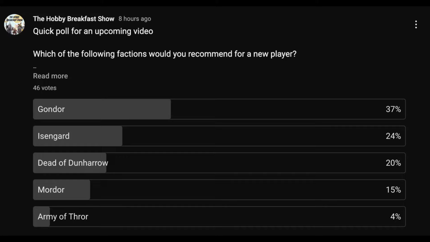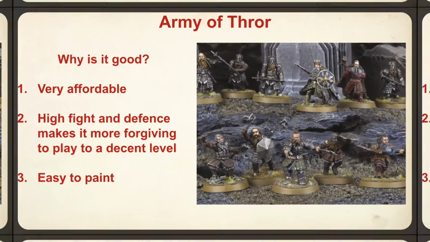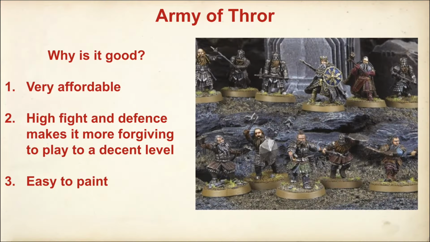So first and foremost, we're going to look at the Army of Thror, and this is going to be my sort of number 5 recommendation. Why is it good? It is one of the most affordable armies out there. All of your troops, including your quite elite Grim Hammers or the Kingsguard if you upgrade them, come in a nice plastic box set. You get 24 for that £32, which they are now. And your Warriors of Erebor, which aren't the best sculpts in the world, but are also in that nice plastic box. You also get some nice twin packs with the heroes and even a triple pack with Balin, Thorin and